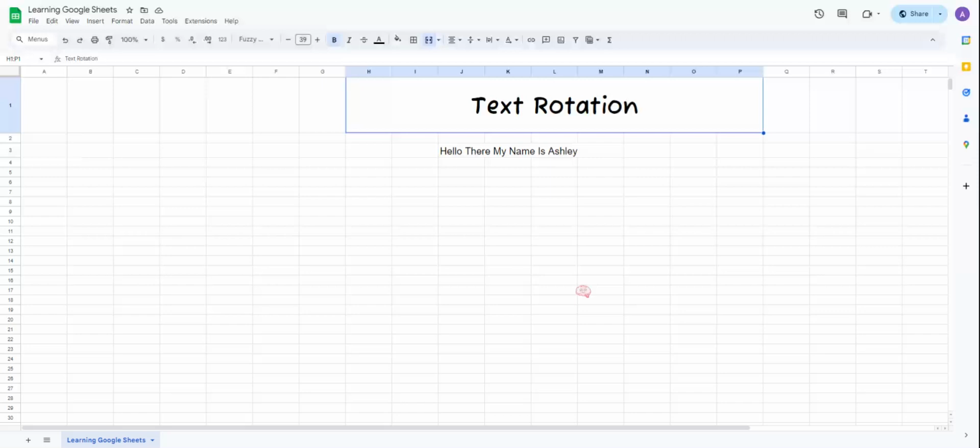Hi there, today I'm going to show you how to do text rotation in your Google Sheet. So what we're going to do is we're going to have our text already written out, and there's two ways